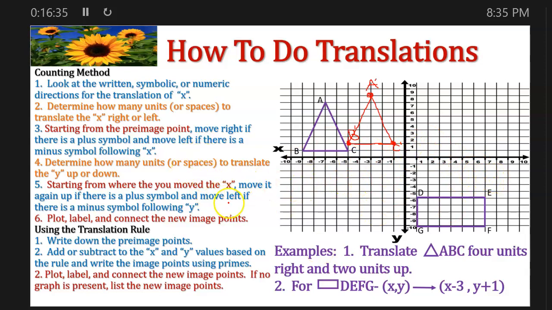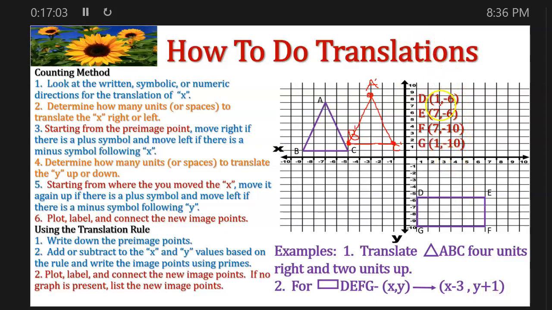So in that case, what we should do is get our original pre-image points. Pretend the graph isn't there and we just have these instructions and these pre-image points: (1, -6), (7, -6), (7, -10), and (1, -10). Okay, we're going to subtract 3 from every single x value,